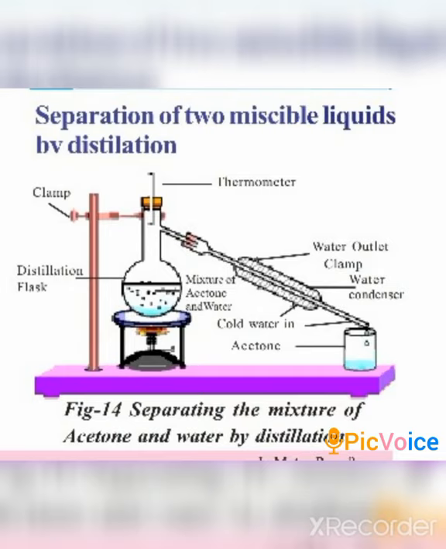Distillation can be used only when the boiling points of the two liquids are different and have a huge difference among them. For example, in simple words I will explain to you. The boiling point of water is 100 degrees Celsius, whereas the boiling point of acetone is very low compared to water. There would be a difference of around 30 degrees among them. At least 30 degrees the difference would be.